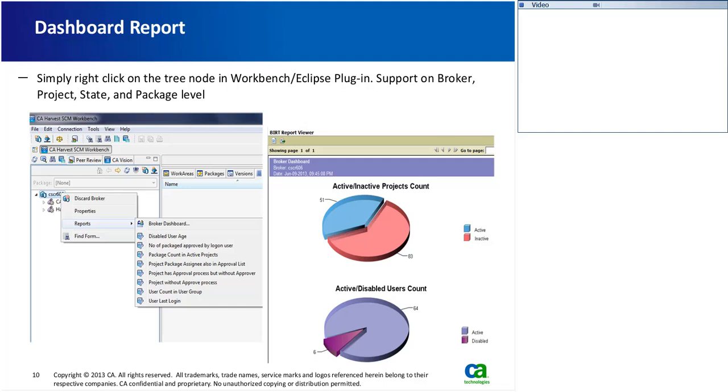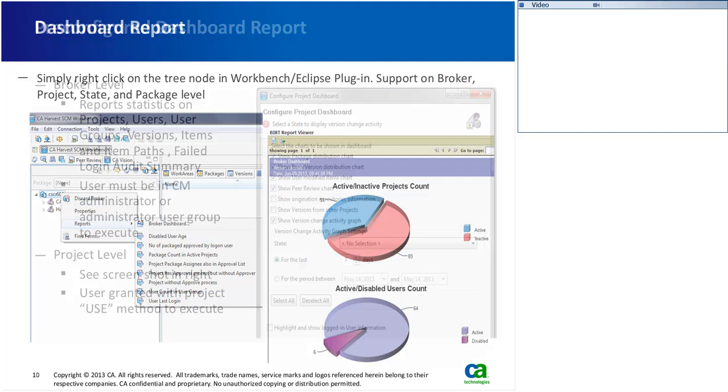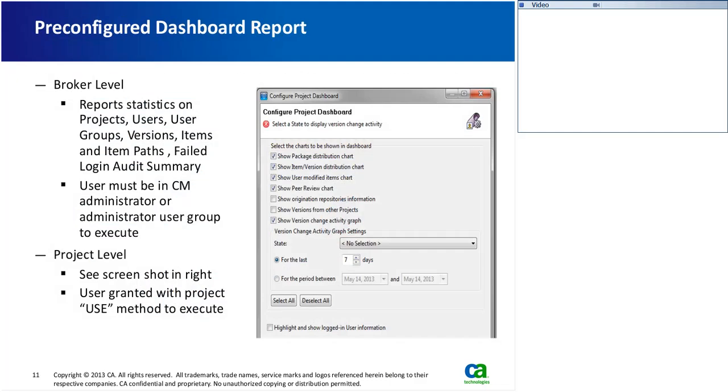The simple screenshot here shows that I right-click the broker node and then drill down to the report. You can see the pre-configured report, the broker dashboard, and also a number of custom reports. On the right-hand side you can see what the report looks like. It's pretty fast in terms of report response, and easier to see. So function-wise, we provide what we call pre-configured reports. That means it's a default report template you're going to get, for the broker level,